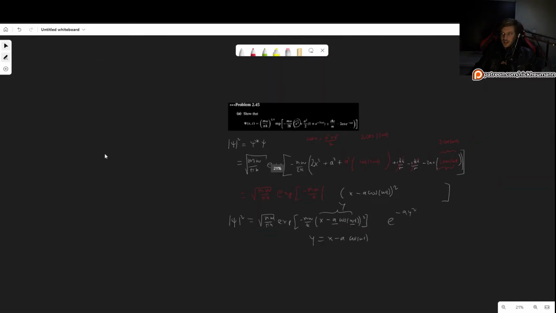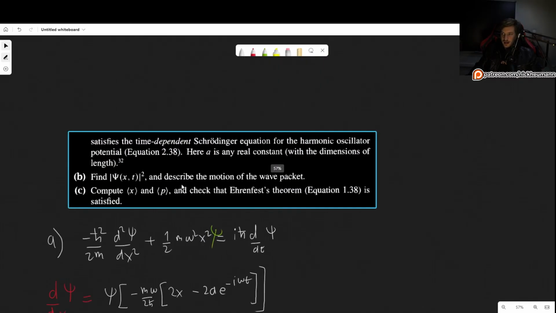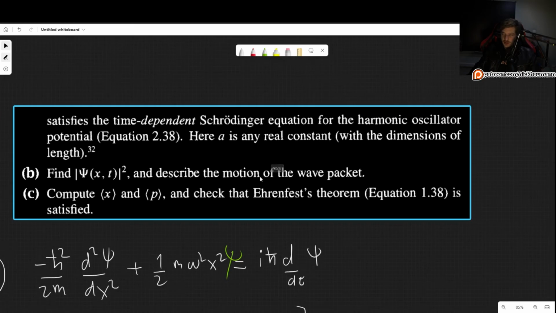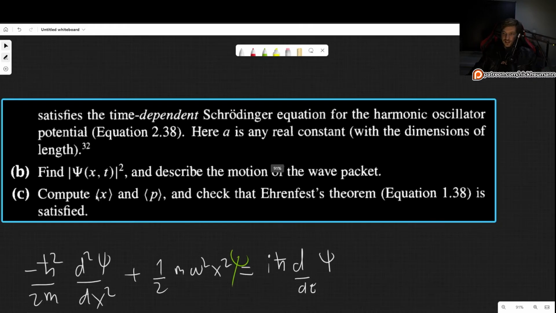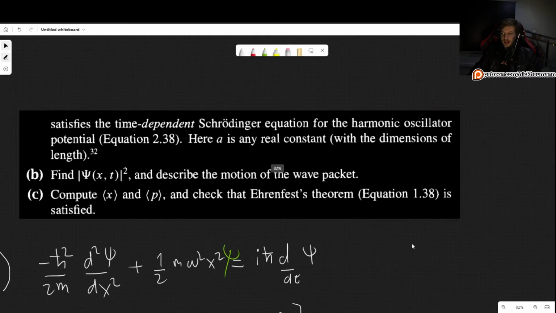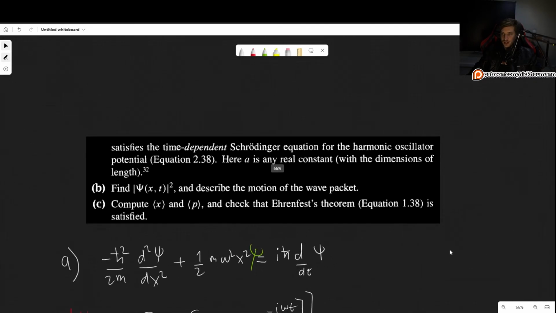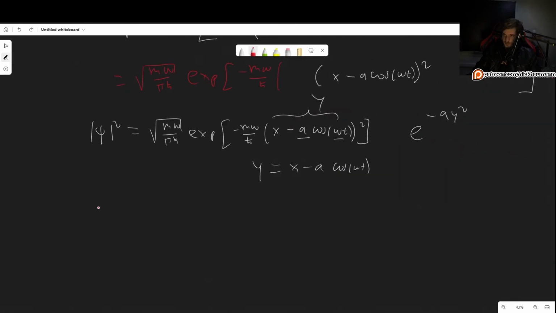So that is the probability density, and we just described the motion of the wave packet. Now we need to compute the expectation values of x and p and check that the Ehrenfest theorem is satisfied. So the expectation value of x